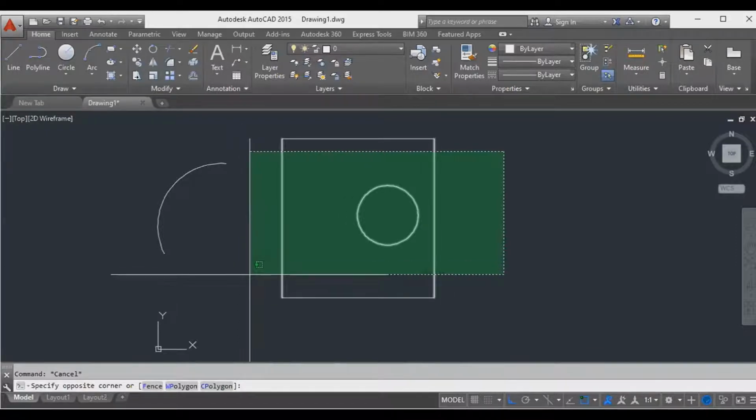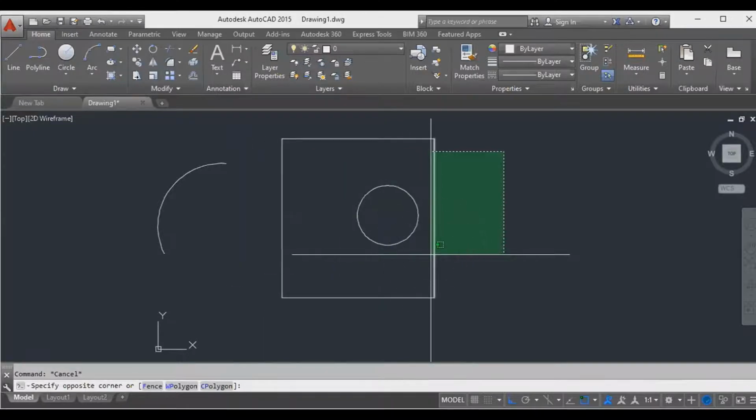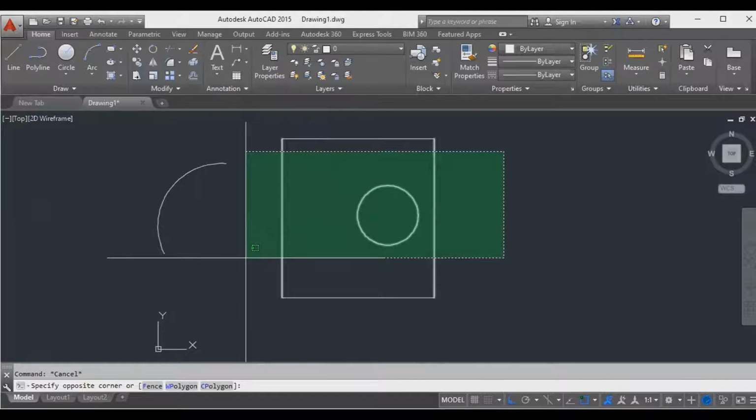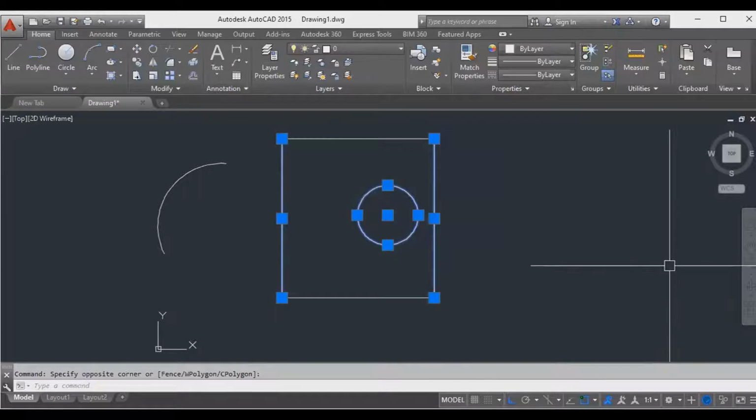See now the cross window: this line is touching, the circle is inside, another line is touching the cross window. So if I do a cross window selection, whatever is crossing, connecting, touching or inside, everything is selected. That is the difference between open window and cross window.